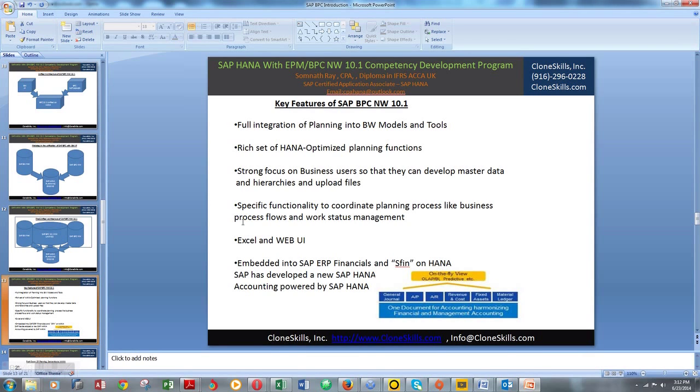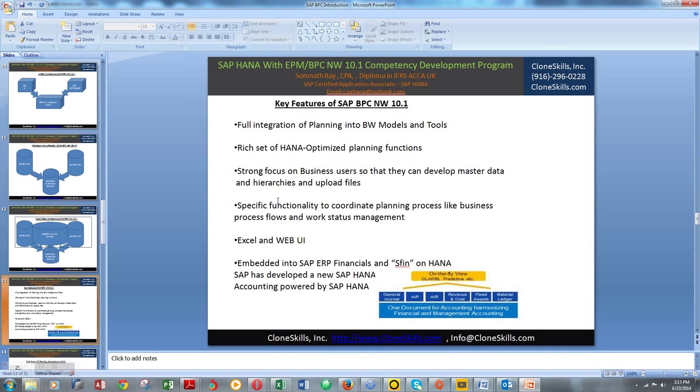There is a rich set of standardized HANA-optimized planning functions, and business users have been empowered to develop master data hierarchies, and they can upload Excel and CSV files on their own with minimal assistance from the IT department. And since the planning function is spread throughout the world, and the planning data comes from various departments which are